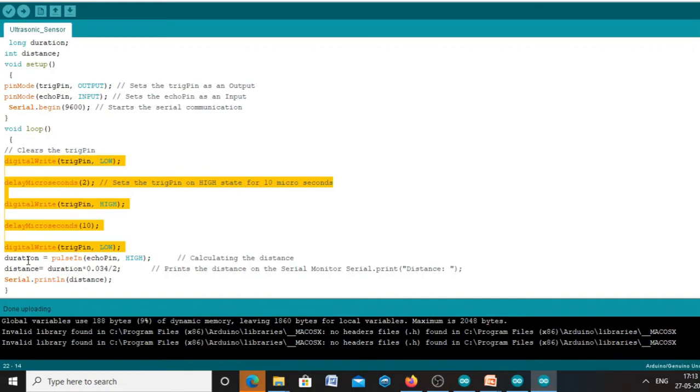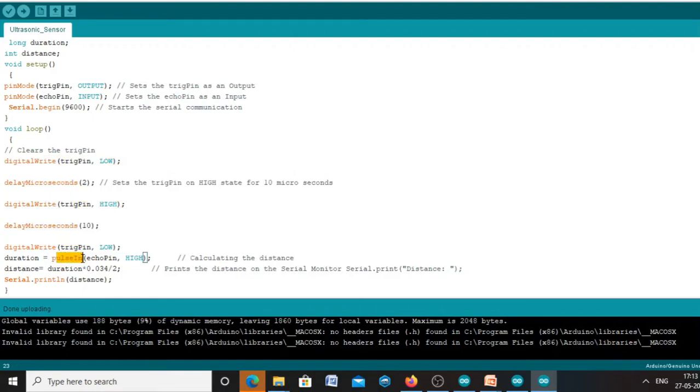Now we are storing the pulseIn value into the duration variable. This is required for calculating the distance.